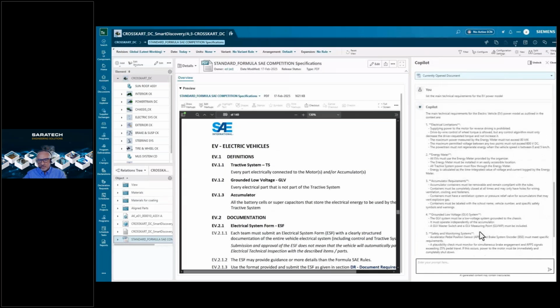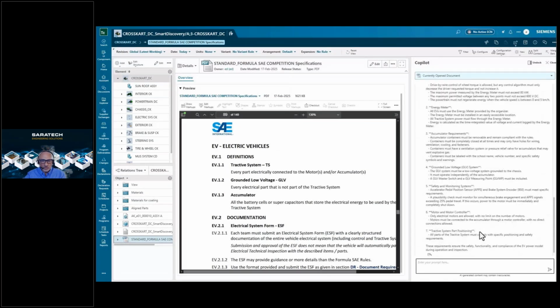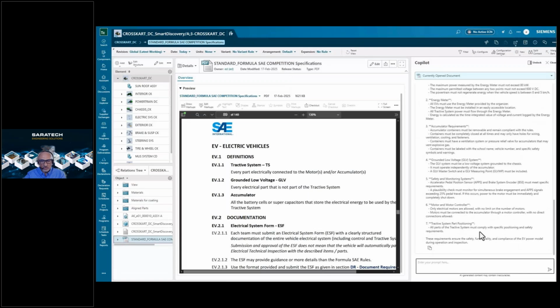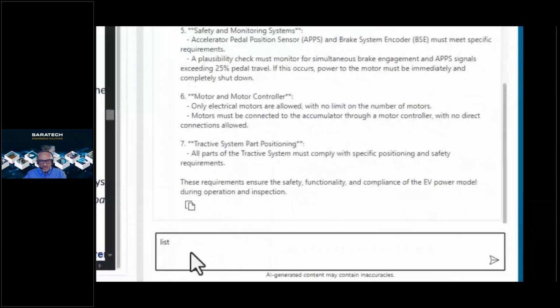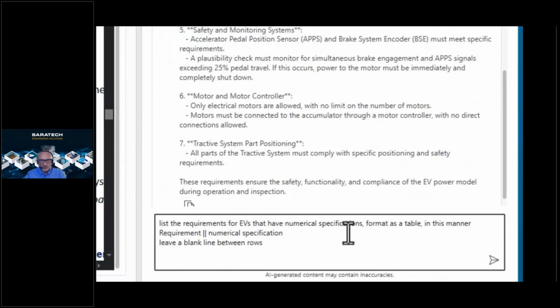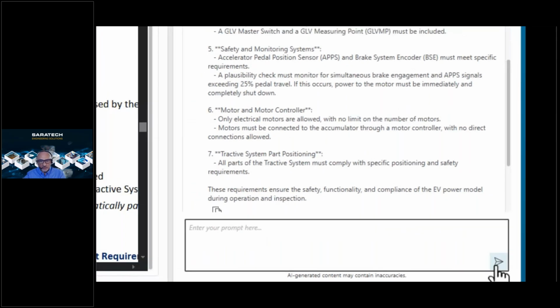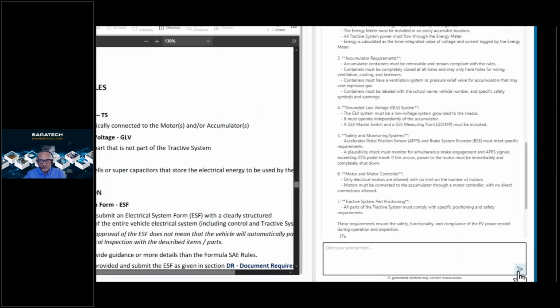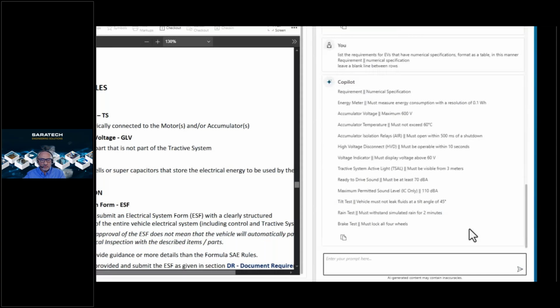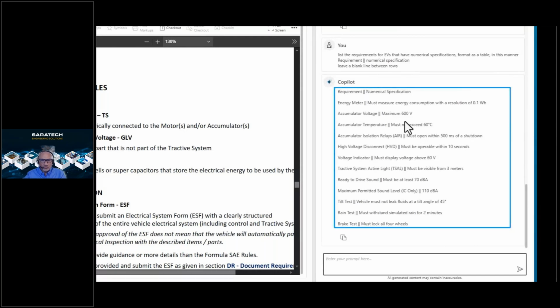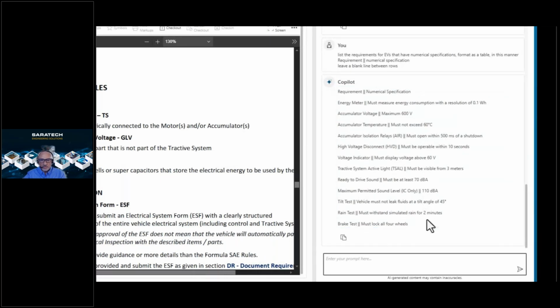So notice the efficiency of searching the content of this document, which is more than 100 pages. The responses are clear and precise, greatly enhancing the productivity of engineers. Then you can adjust the prompt to generate responses in a suitable format to process further. Here we generate a tabular output, for example. You can ask how you want the output to be, and definitely the AI engine will give you that information.